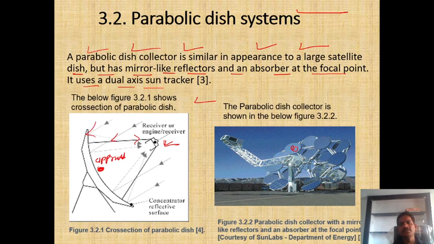In this diagram, these are the reflectors. The solar radiation will be incident on them, and from there it is incident on these receivers. Okay, parabolic dish collectors. A parabolic dish collector has a mirror reflector and an absorber at the focal point. It is situated at the focal distance. Okay guys,